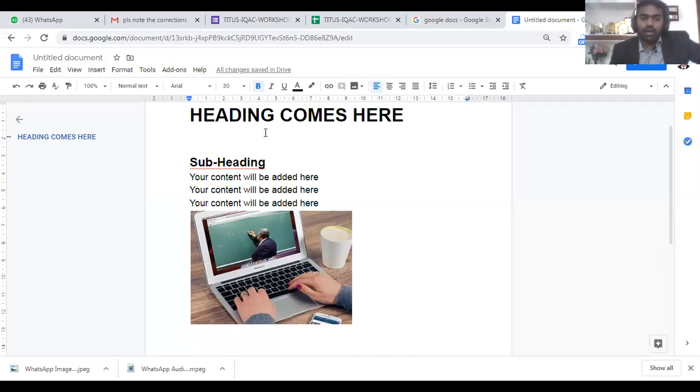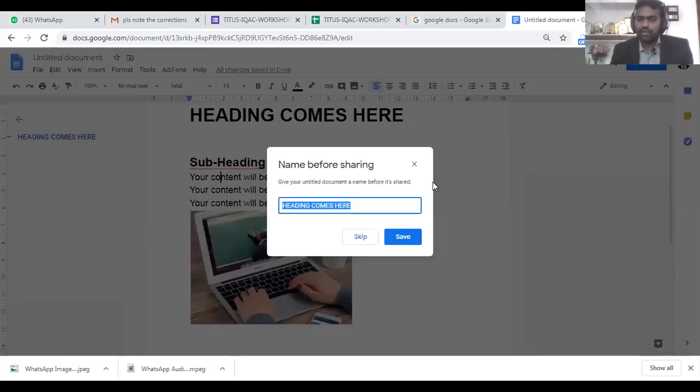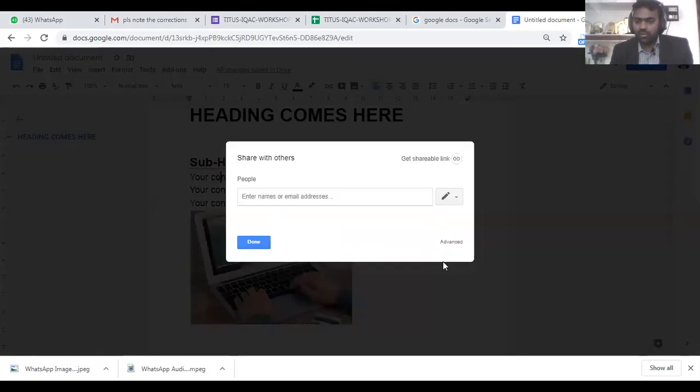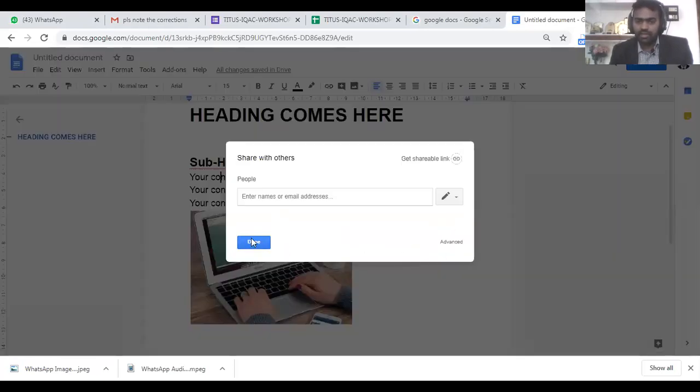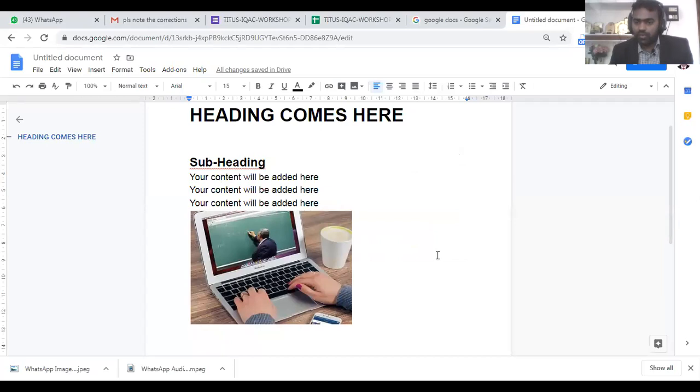But using Google Docs enables us to work simultaneously on a single document. Now you see, if I need to share this with someone, let me know if somebody is online using Google Docs and Gmail on your computer. Please send your email ID so that I'll send a copy. If you need to send the same document to someone, you have to click on share here. You can see the share option. Okay, Muhammad Hassan Arif sir is online. I'll share this document with him.